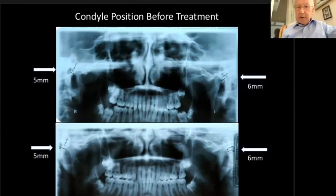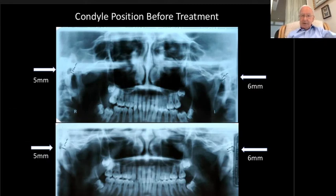The position of the condyle in the glenoid fossa is monitored by measuring the distance from the condyle to the auditory canal. In this case, the distance is the same before and after treatment, confirming that the condyle is relocated in the glenoid fossa. A very important aspect of twin block therapy is not to take the twin blocks out